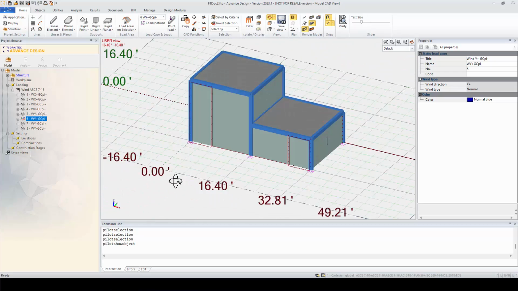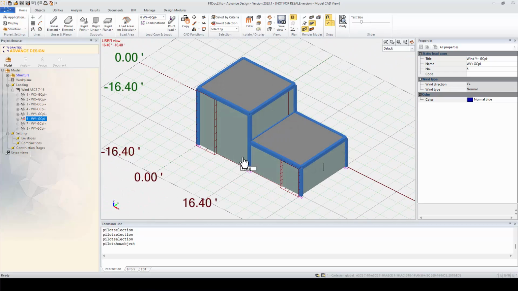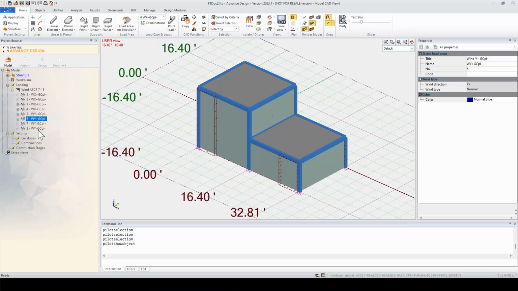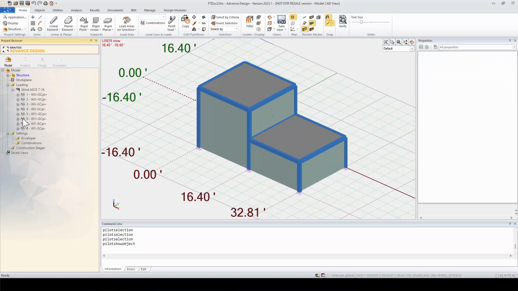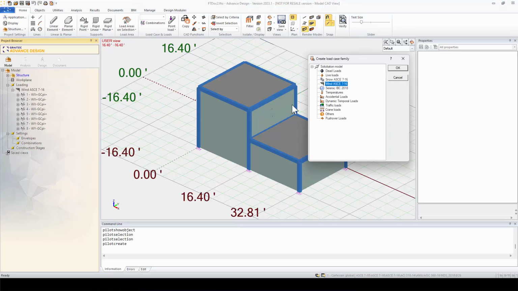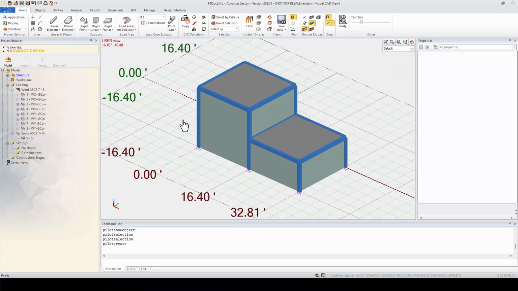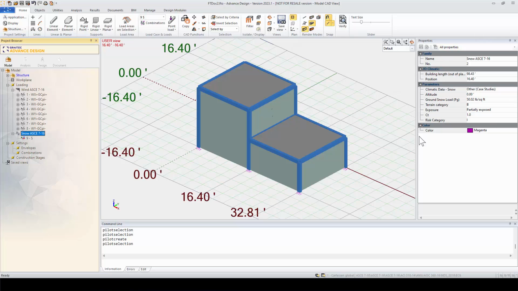We can actually use this same example here to create our snow loading. So I will hide the wind load here. Same thing here, go to loading, right click, create a family. This time I will use a snow family. So you click on snow, click OK. The snow load case will be opened. Similar to wind, here I can go on and define the